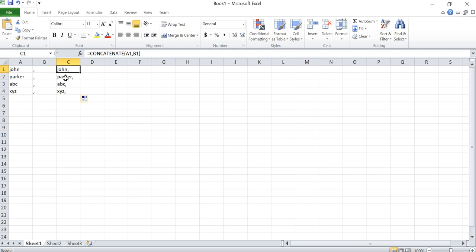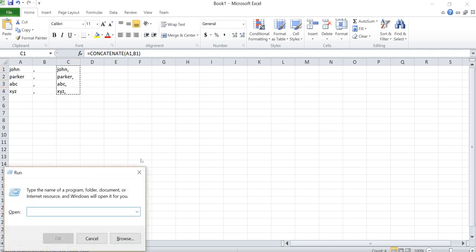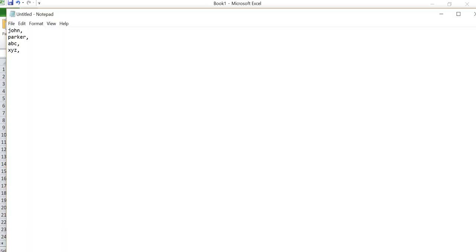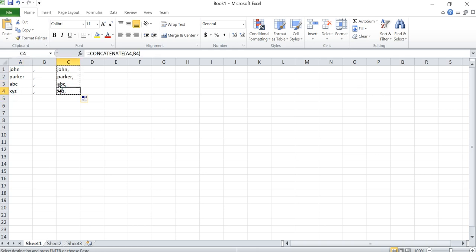If you drag it like this, it will copy all the names like this. You can simply copy the names like this, copy, and paste it here. So every name ends with a comma. So suppose you have a 100-name list, you can drag and drop like this, and you can change the name,